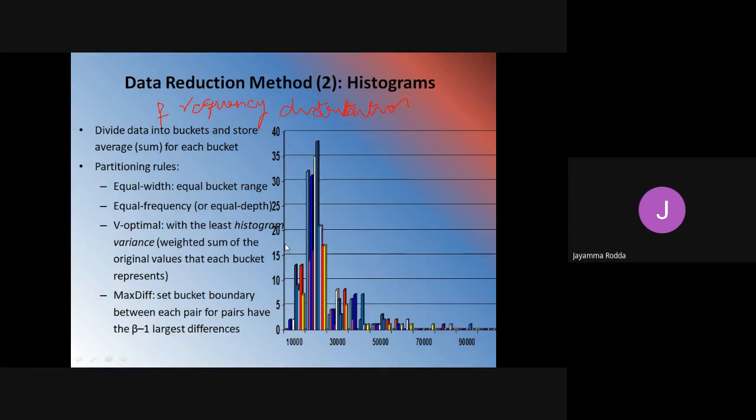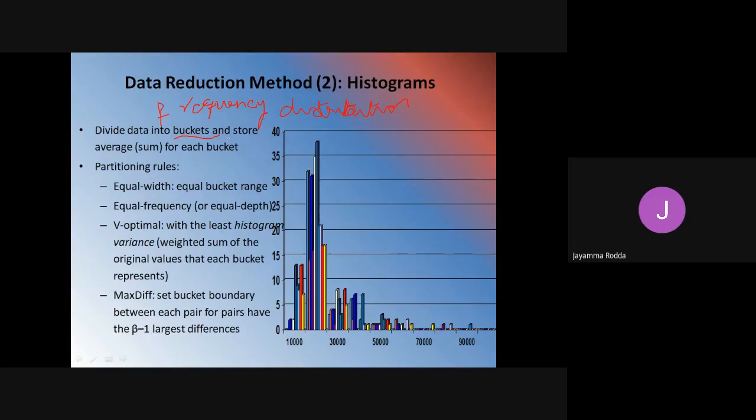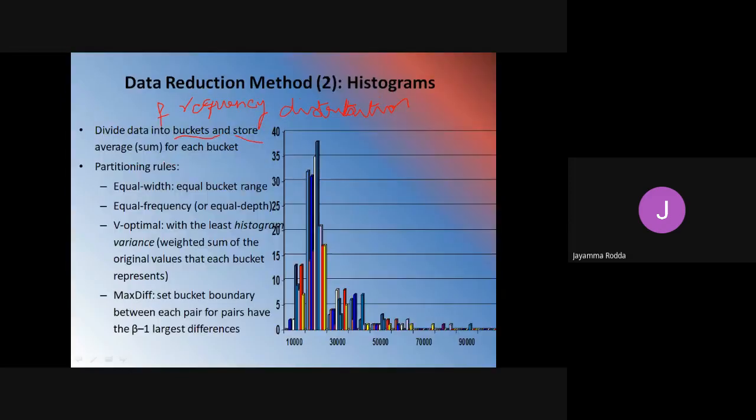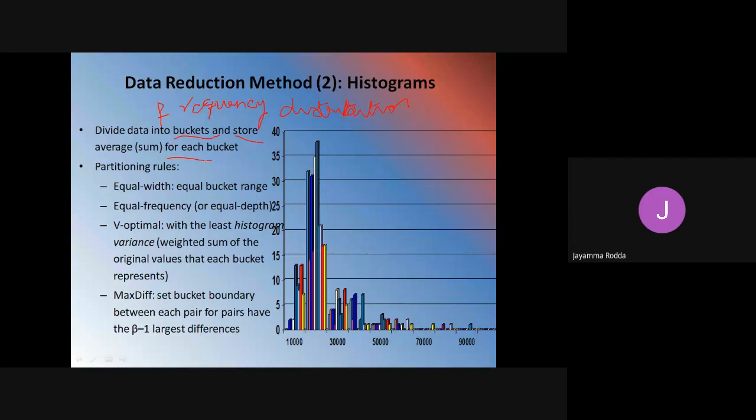the process will generally be: whatever data we are given, we will divide that data into different buckets. Each bucket will be of a specific size. After dividing that into different buckets, we will store the average for each bucket.